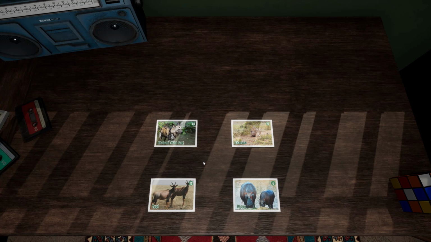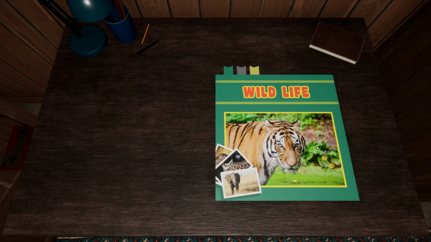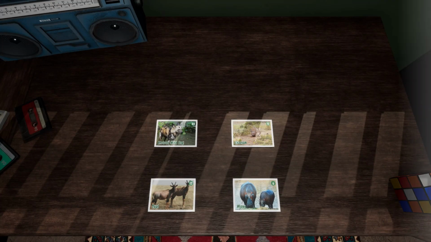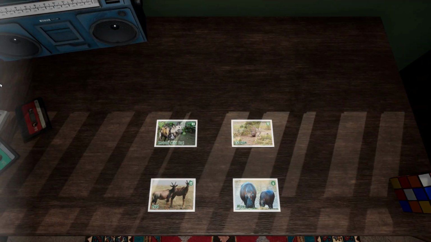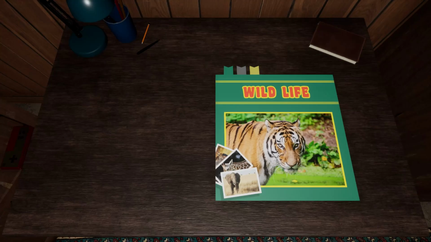I'm not saying that the way this automatically goes into the book is a bad thing, but I'd like to see an option where we can move items to the book and vice versa. Move items from the album to the table. And that would give us an opportunity to sell. We could only sell from the table. It's not bad the way it is,